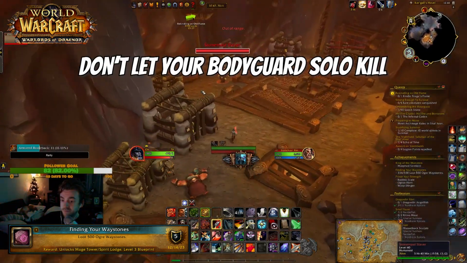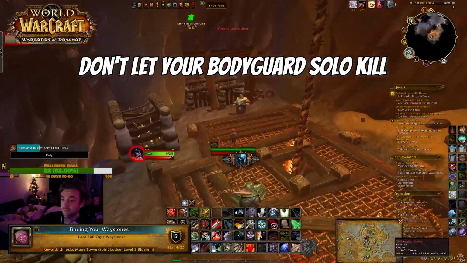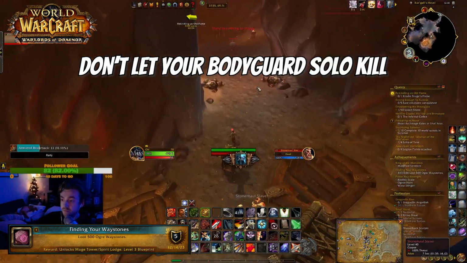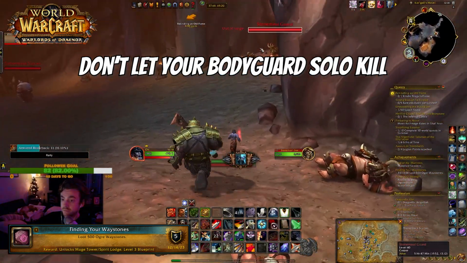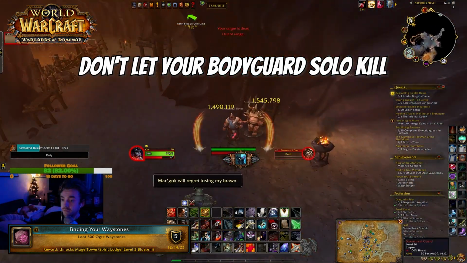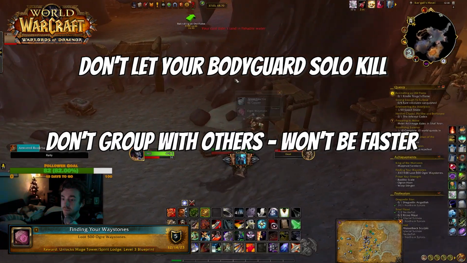Just make sure you don't let your bodyguard kill any enemies without you tagging them at least once, as you won't be able to loot them, which makes absolutely no sense. The bodyguards seem to scale with your character's level, so be aware because they can 2-tap the enemies. Because you have to loot the items for this achievement, grouping up with other players will only hinder your progress,